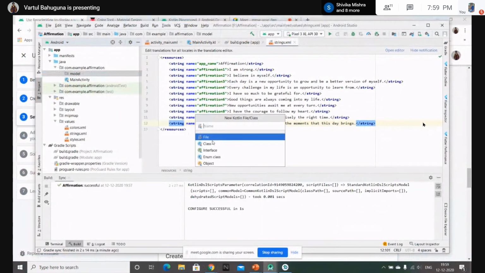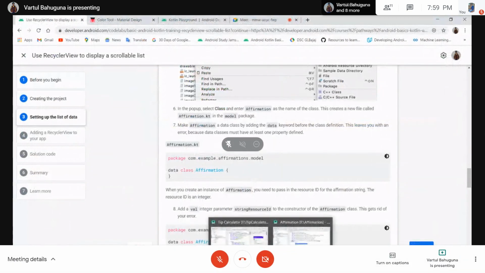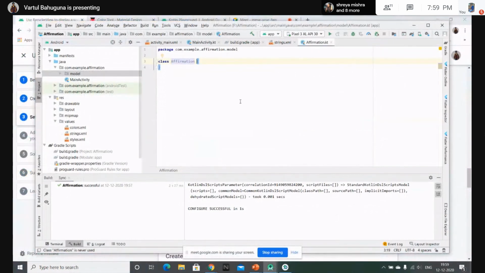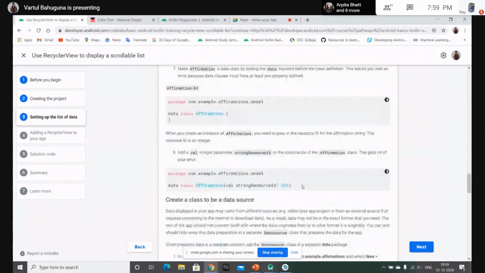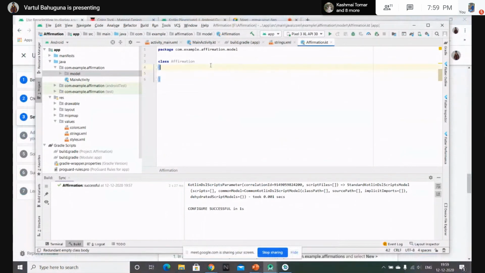We are making a file whose name is Affirmation, and press enter. And now let's give it these properties to Affirmation. And we get a data class.